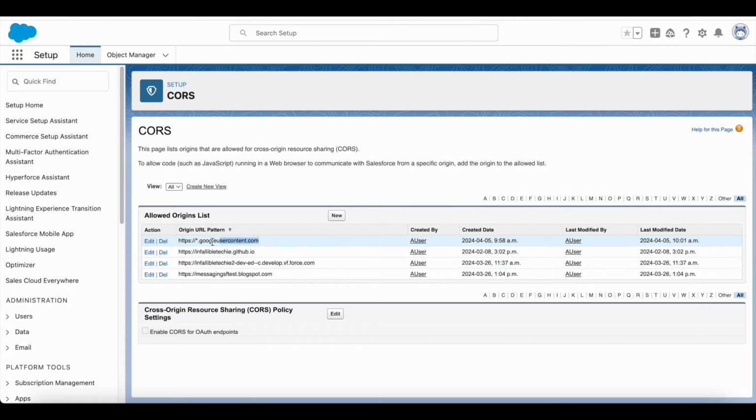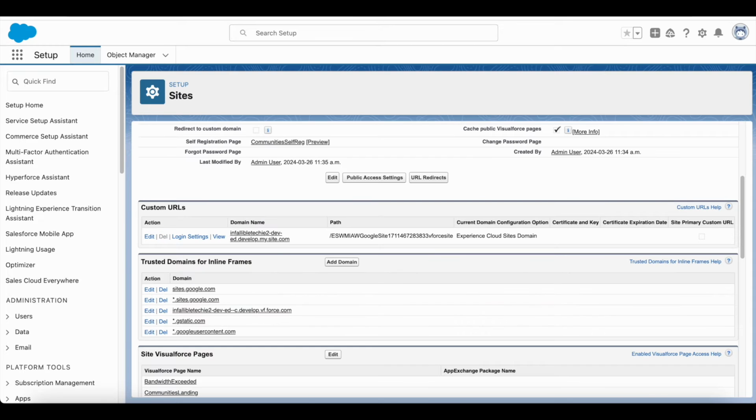We are adding this CORS because when the site is loading and when we try to embed our embedded service code into the Google site, it has multiple iframes. So the main iframe is googleusercontent.com. So we are adding that URL in the CORS. Next step is go to sites